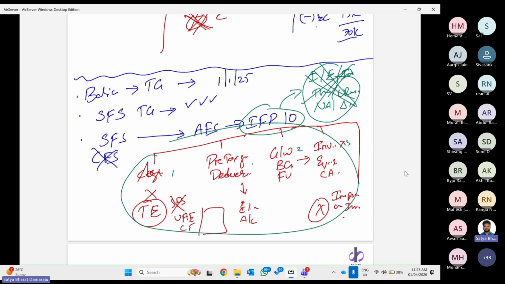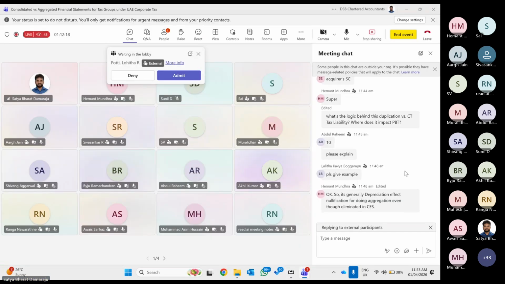Clear? So it's generally depreciation effect nullification for doing aggregation, even while eliminating the CFS. Yes, we will be eliminating